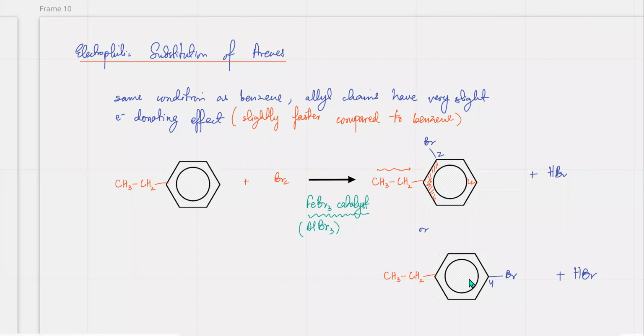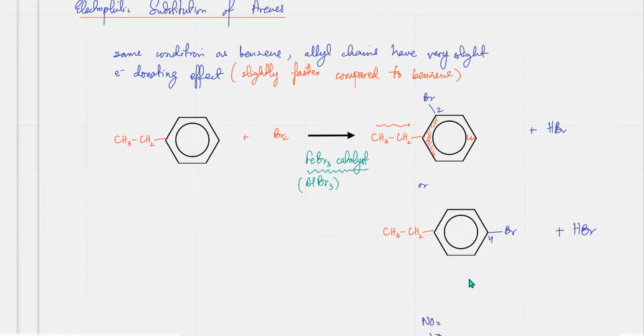Achha, so we started talking about the same thing, electrophilic substitution, right? But now we started talking about the electrophilic substitution of benzene derivative compounds. And the first one was arenes. I told you the arenes have kind of the same conditions as benzene, nothing different, except for the bromine getting attached at position number 2 or at position number 4. The electrophile is going to get attached to very specific positions, not 3 and 5. To get 2 and 4